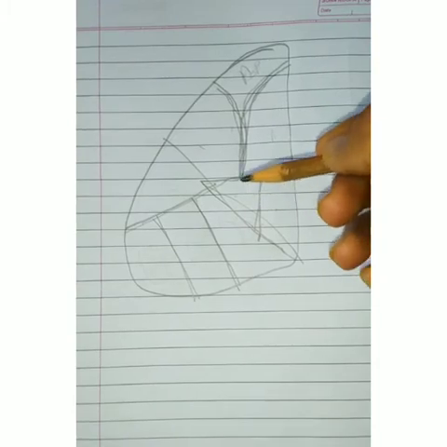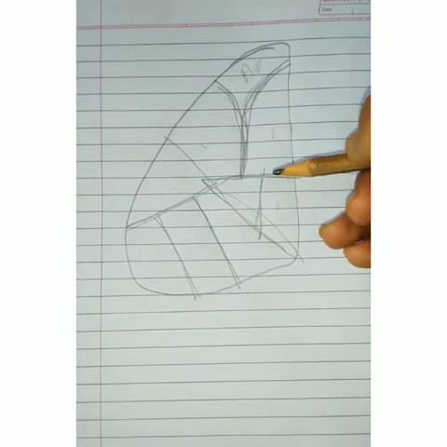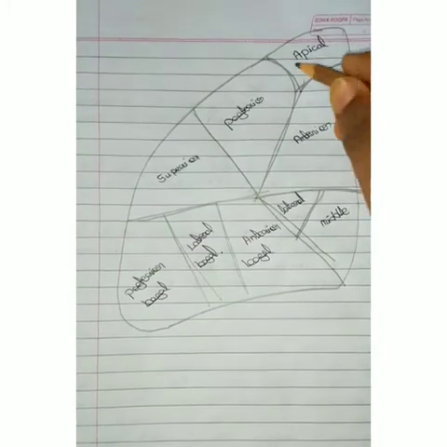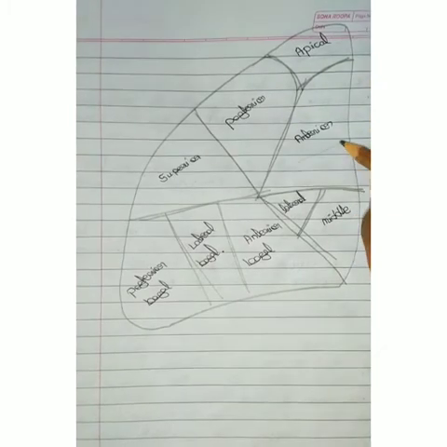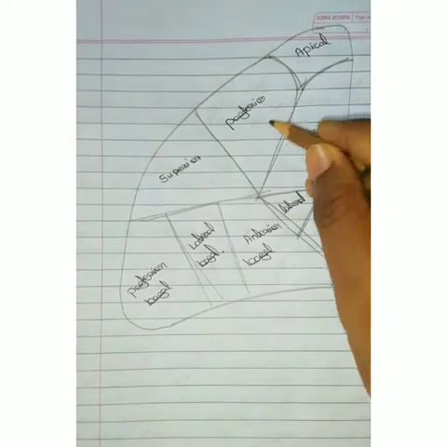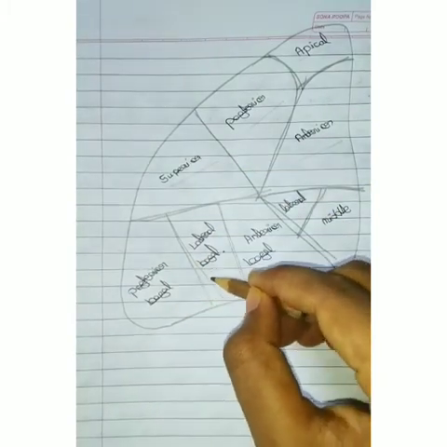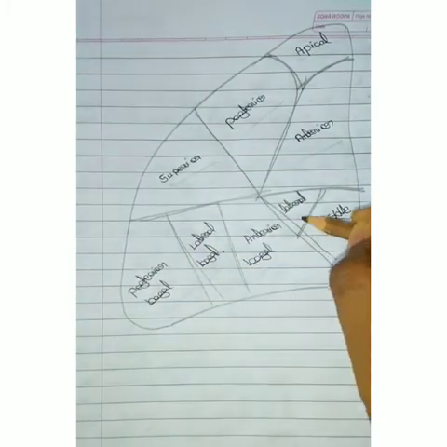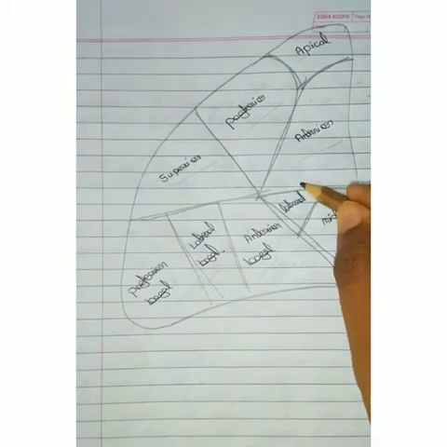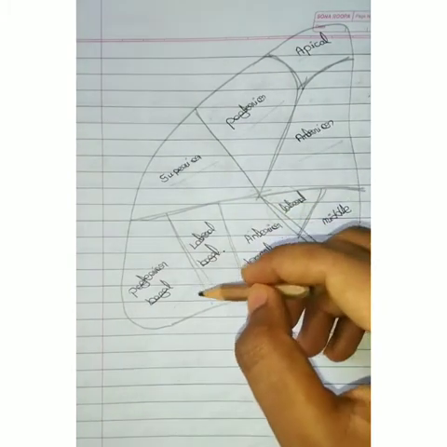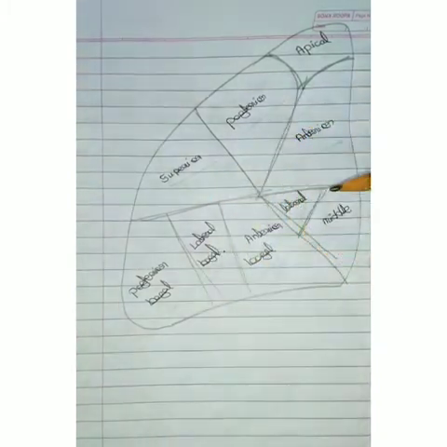Through the lateral view we can't see the medial basal. Apical, anterior segment, posterior segment, superior segment, posterior basal, lateral basal, anterior basal. This is medial and this is lateral segment, and medial basal will be on that side, which we can't see